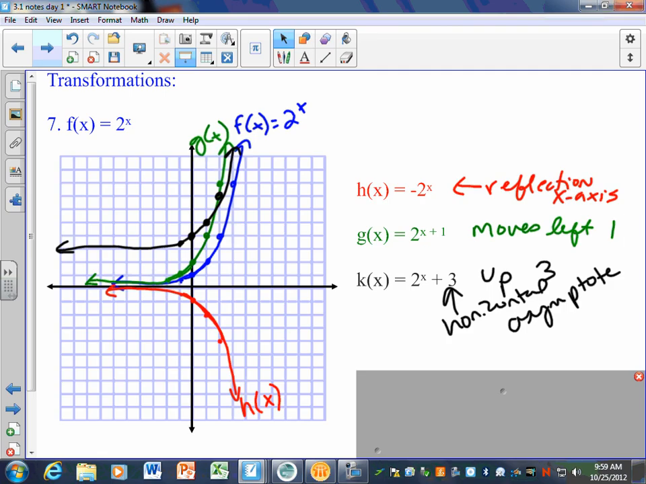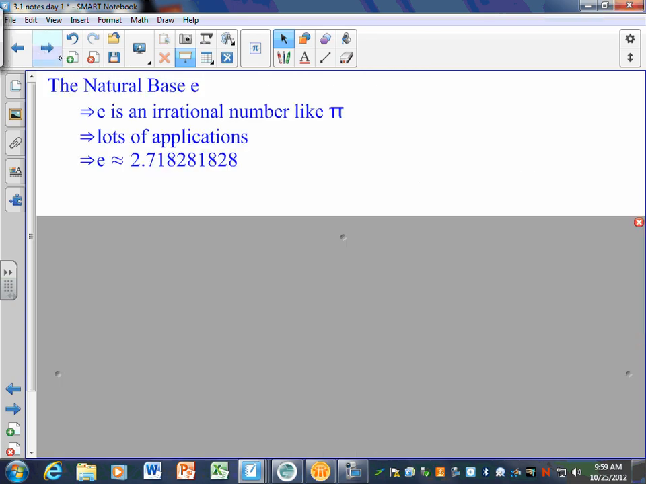Last thing I want to talk about, the number E, which is again something we talked about last year. There's a lovely button on your calculator. E and LN, lots of applications, so we're going to be using them a lot. I think the big thing today is you're going to be practicing using your calculator with E. But just to remind you what E is, in case you forget,